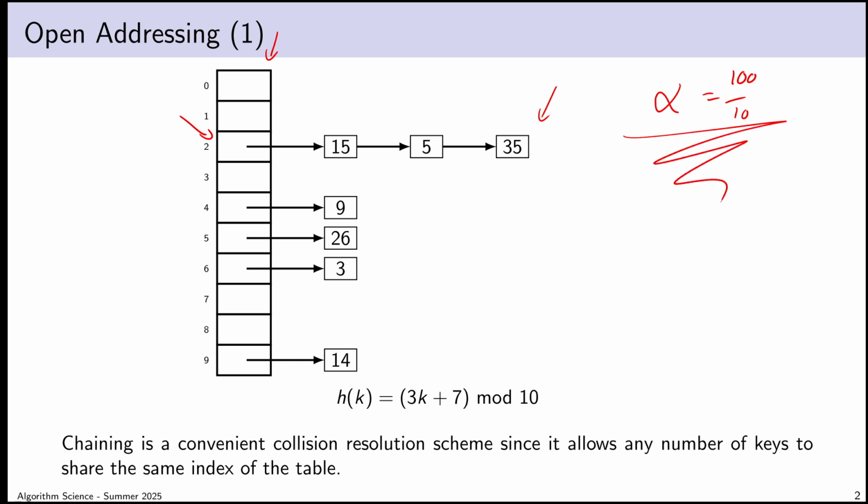Now, that's not recommended. I recommended last time that maybe you want to keep alpha somewhere around 0.6, certainly less than 1. But when we use chaining, it actually is impossible for the table to properly fill up. I mean, even in cases where every single bucket in the table has some list attached to it with lots of keys, we can always fit one more key in because these lists can grow to be as large as we want them to, as large as we need based on the constraints of our problem,